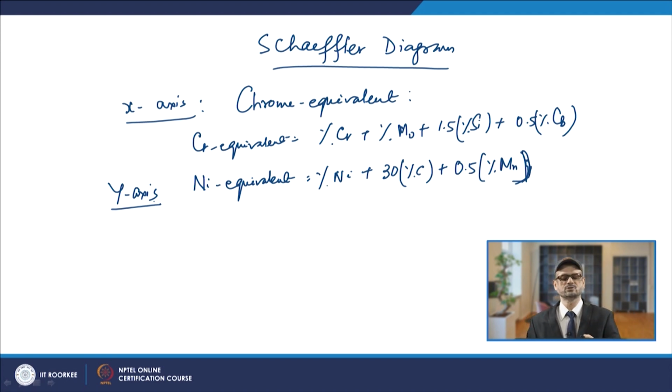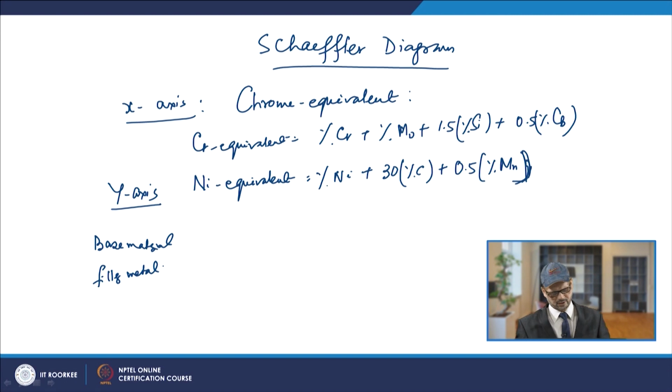So, as you see, if you have the parent metal as well as the filler metal of different compositions, you can have the 2 points and you can predict the composition. For example, suppose you are doing the welding of stainless steel and you have the base material composition as well as the filler metal composition.